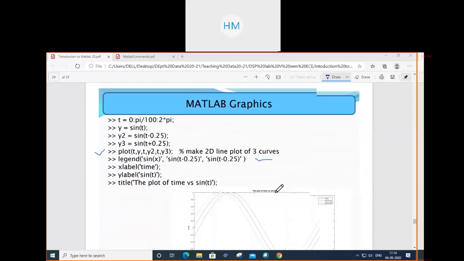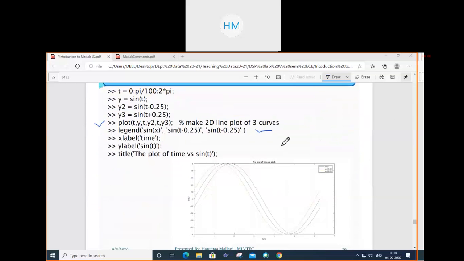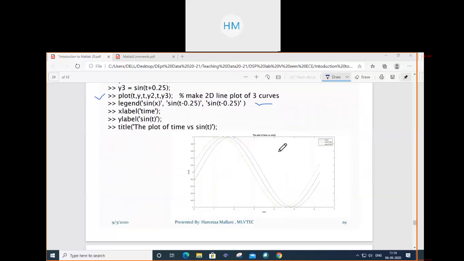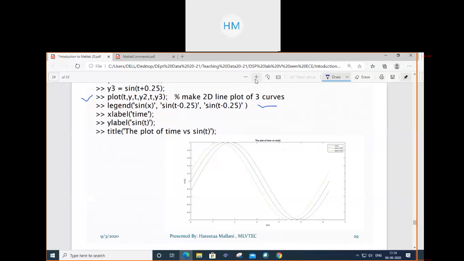So on this graph, different colors will be shown here. You can see different colors of the graph and here the legend output is there. Is it clearly visible?